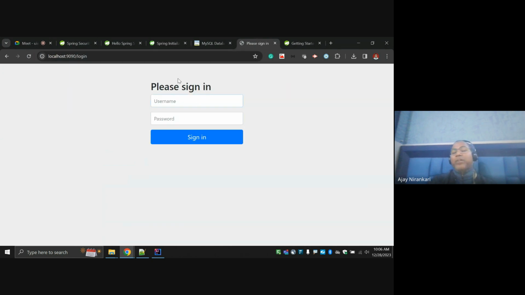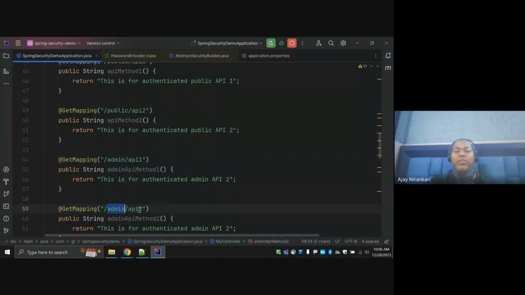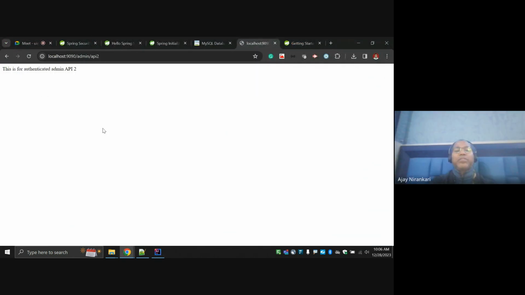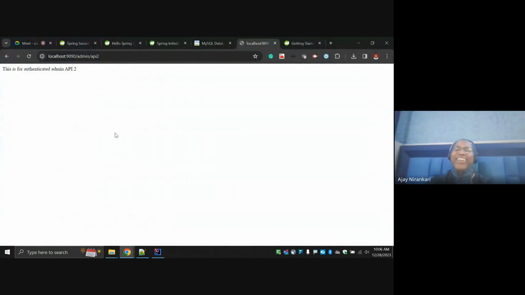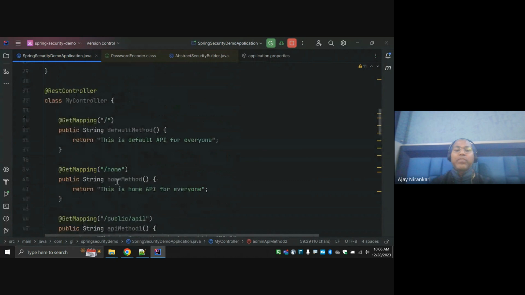So they ask the prompt, right? I am logging in as admin, and now I'm able to access the admin API. Let's try the admin too. All kinds of URLs are accessible. And if you log out, then it will clear the cache. Yes, logout will clear it. And whenever you try to access the public API,